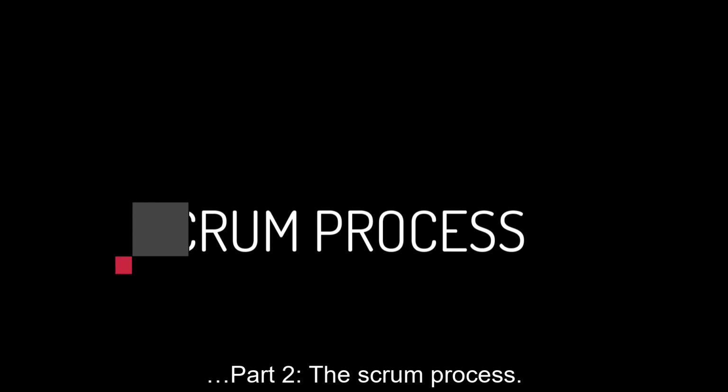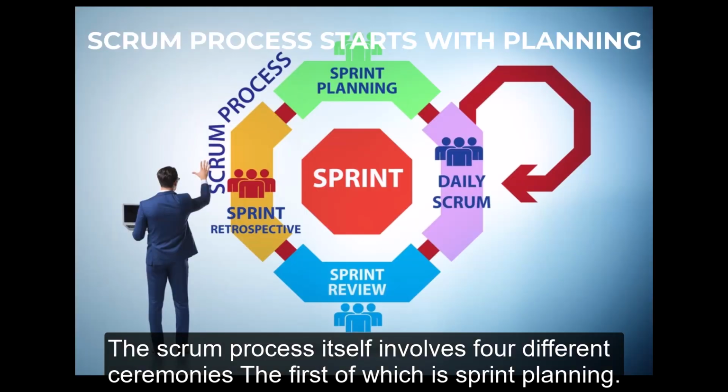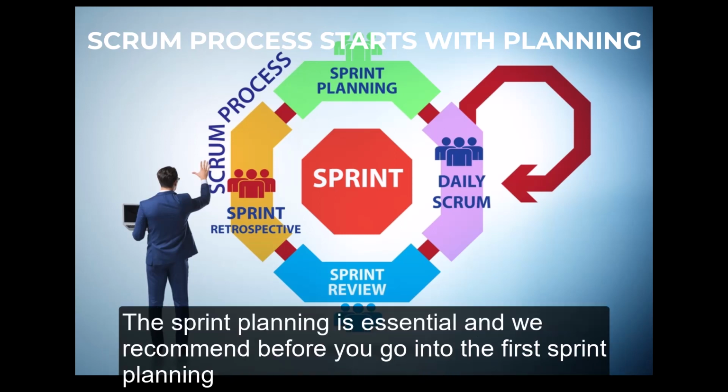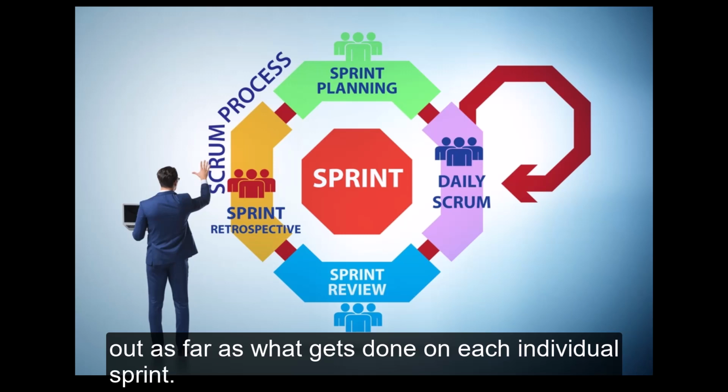Part 2, the scrum process. The scrum process itself involves 4 different ceremonies, the first of which is sprint planning. Sprint planning is essential, and we recommend before you go into the first sprint planning session, you have 2 sprints worth of work defined, and then start to plan it out as far as what gets done on each individual